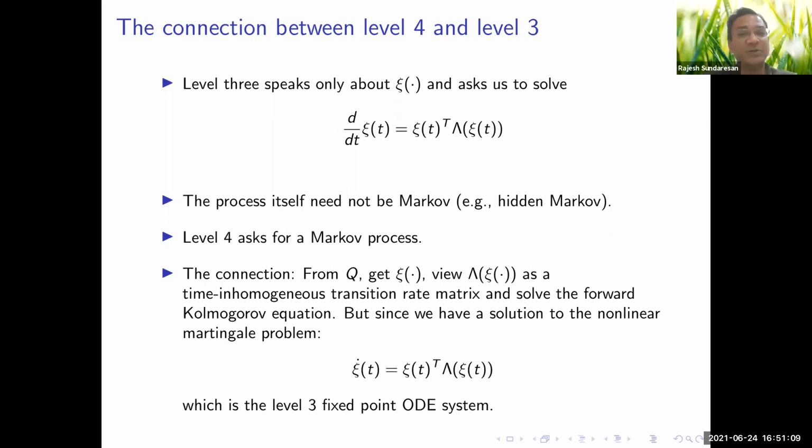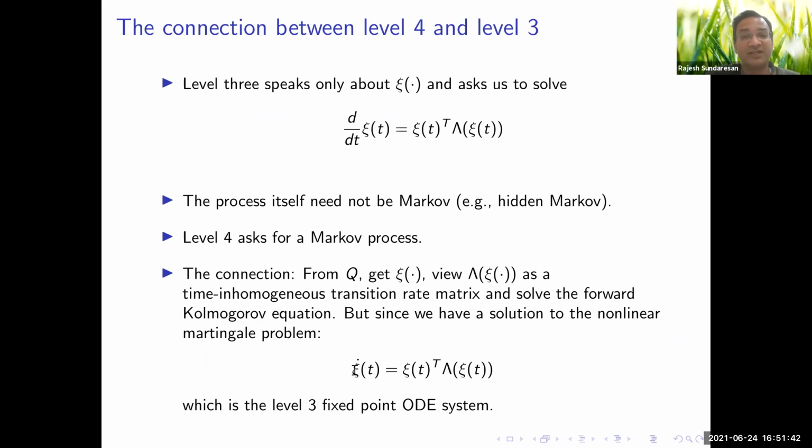What is the connection between the two? So what we do is we take a solution to the level 4 fixed point, we project it and get the measure valued flow, and then we write down the transition rates associated with this measure valued flow. It's a time inhomogeneous transition rate matrix. We then solve the forward Kolmogorov equation for that. But since this is the outcome of a level 4 fixed point,